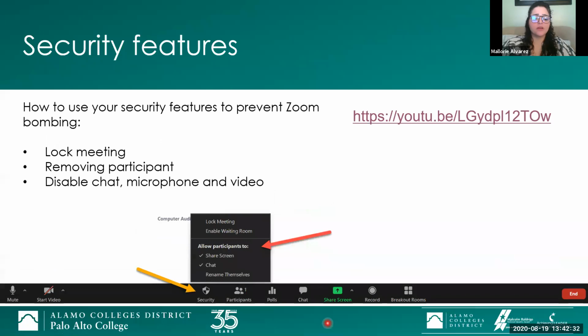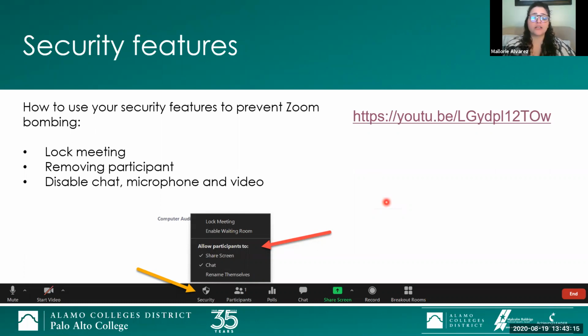Sorry about that. Okay, so again, this YouTube video covered all of the security features that are available to you in case you are having issues with Zoom bombing. Now, usually it's pretty easy to figure out which one of the students is a Zoom bomber because they usually have tag names, and it's also going to be a name on the managed participants when you want to remove someone. It's clearly going to be a name that's not reflected in your roster. Usually they're kind of like game names, you know, 101, interrupter, things like that. So just keep that in mind when we're covering trying to prevent Zoom bombing.